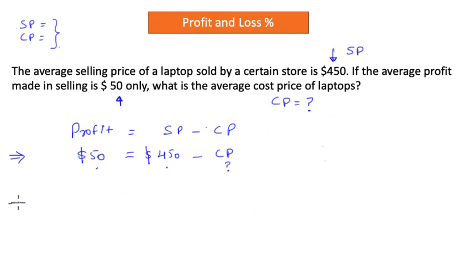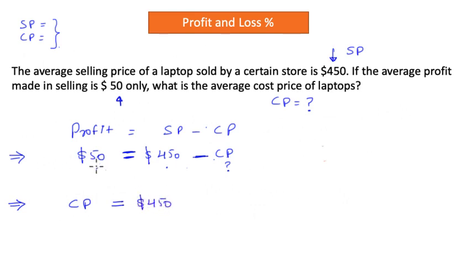What you do is, in one step, we are going to solve it. Look at this equal sign, right? What is unknown to us? The cost price. Let's bring that from the right hand to the left hand. And as we do so, the negative sign in front of cost price will change, correct? Because we are transferring from right hand to the left hand, this becomes positive. Equal sign remains as it is. $450 will remain as it is.